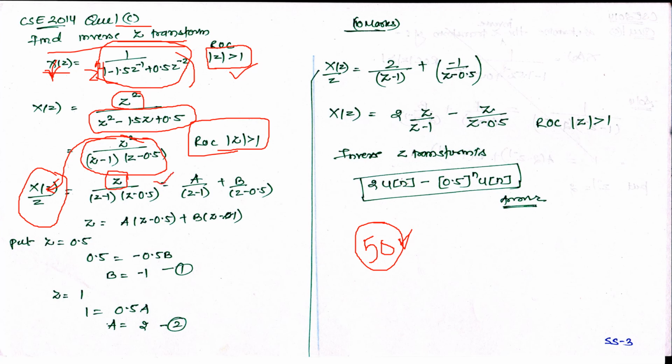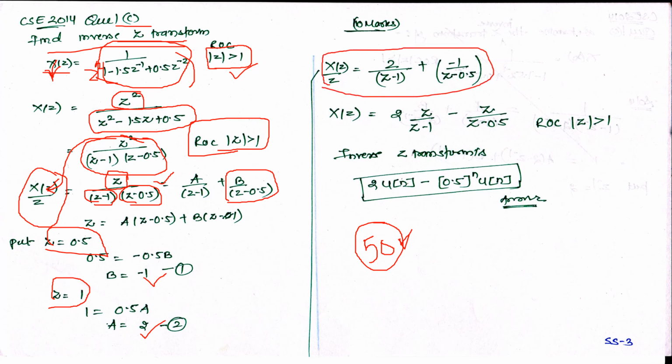And then go for the partial fraction. So A upon z minus 1 will come. Similarly, B upon z minus 0.5 will come as the second term. Now substituting the values of z as 0.5 and 1, you can identify the value of B, which comes out to be minus 1, and the value of A, which comes as 2. Now substitute the values in this equation. Here you got your A and B values, so I am writing A is 2 and B is minus 1.